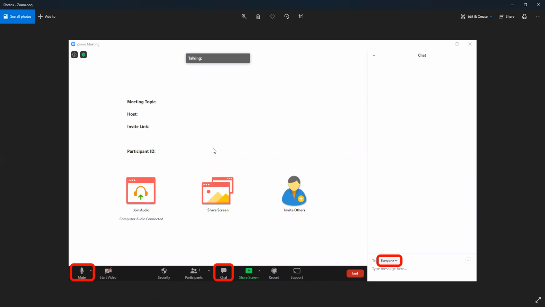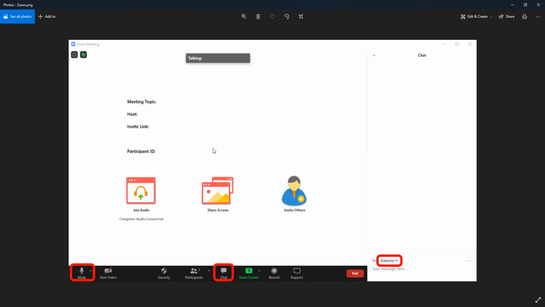So the screenshot that I'm sharing here is just a picture of a Zoom interface, probably similar to what most of you are seeing. And the major functionality we're going to talk about is muting, which is down in the bottom left, the first red circled item there. It's a picture of the microphone. If you need to mute your microphone, go ahead and hit that.